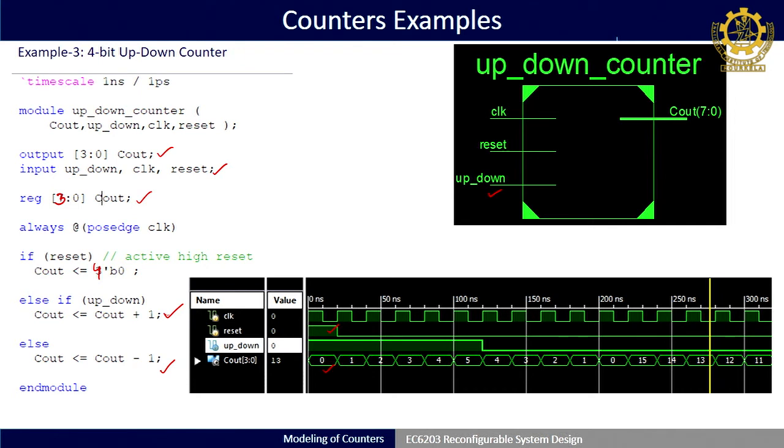Depending upon the tool, the initial keyword is ignored. So if I write initial reset equal to 0 or 1, that may not reflect in the output in each tool. It may work in one tool, and in another tool it may not work.